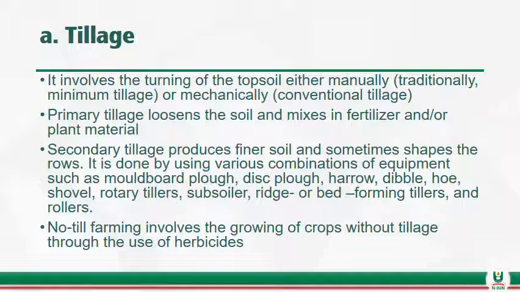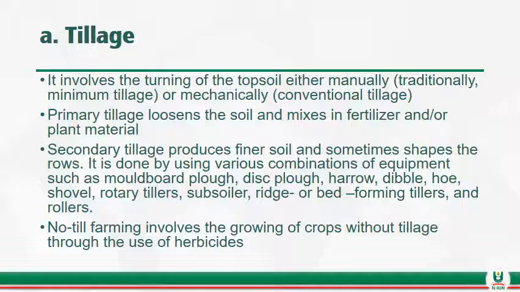So what the primary tillage does is that it loosens the soil. It breaks up the bigger lumps of soil, so it makes it loosened. And you can also mix your fertilizer or plant material with it at this point. Also, after doing the primary tillage, you may go further to even loosen the soil the more using the secondary tillage, and this produces a finer soil structure, texture,